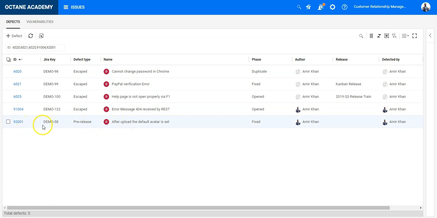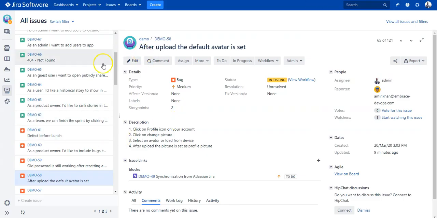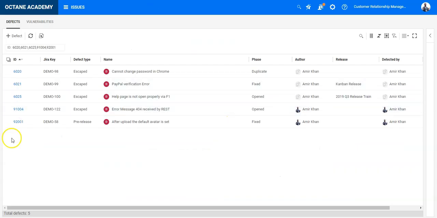So we have here the defect: after upload, the default avatar is set. And we have the same here in Jira: after upload, the default avatar is set. So basically, this is being used by the developer to write the code and fix the defects. And the information is reflected here in ALM Octane. So now let's see